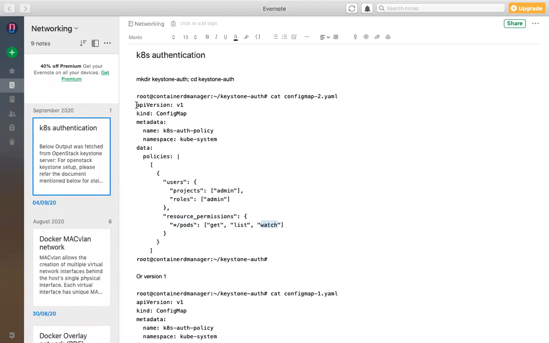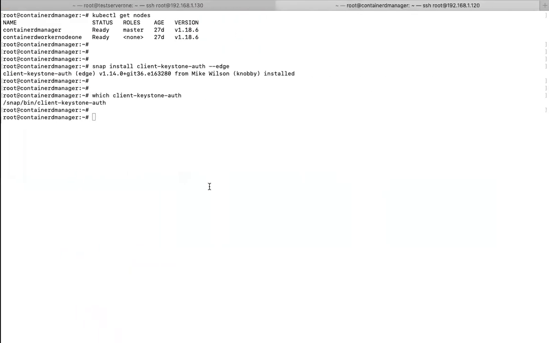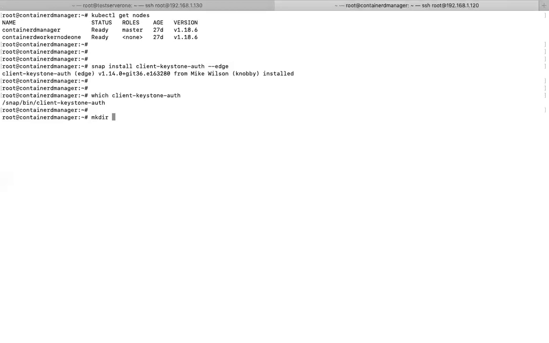First of all, let me create this particular config map. I will create a separate directory called client keystone and move to that directory. I want to save all the YAML files in this directory, so that's the reason.